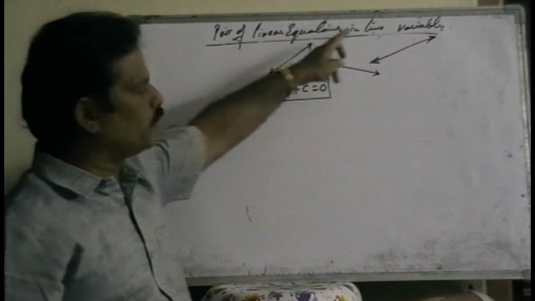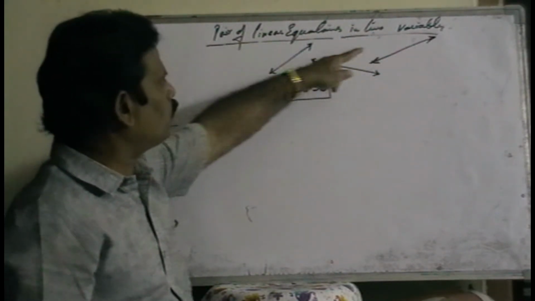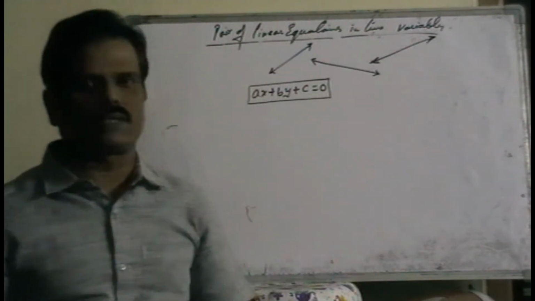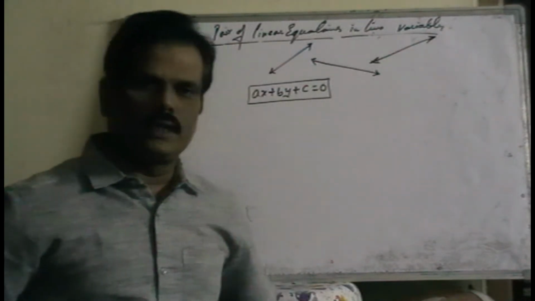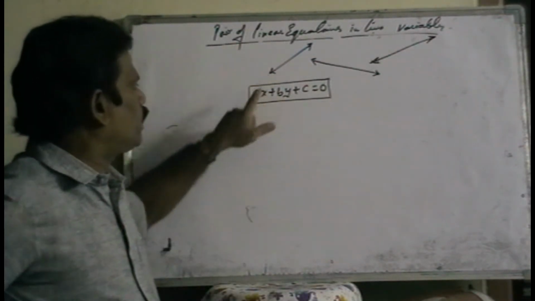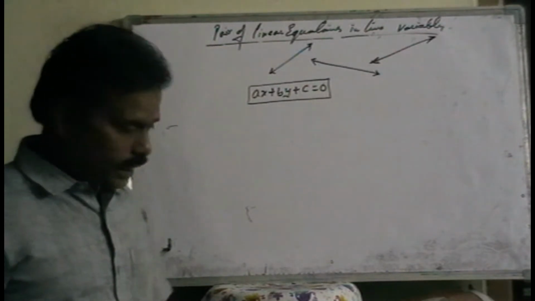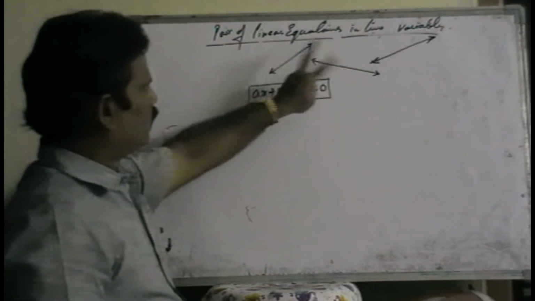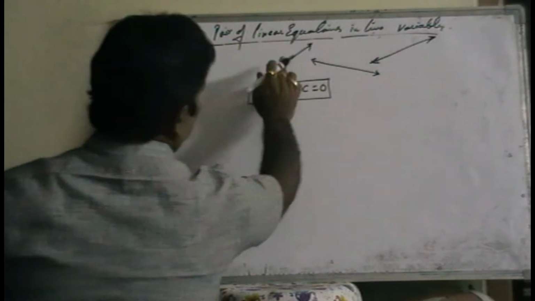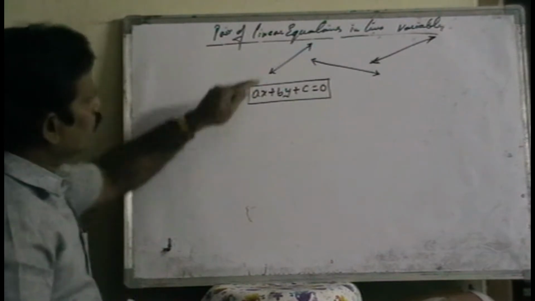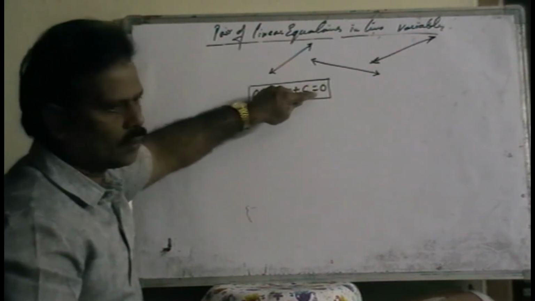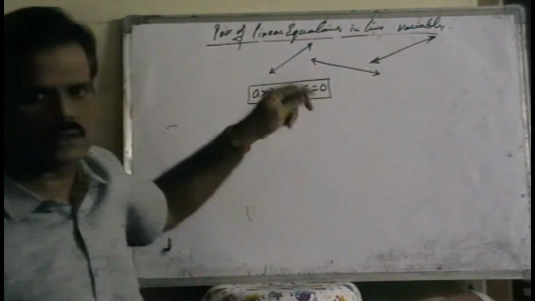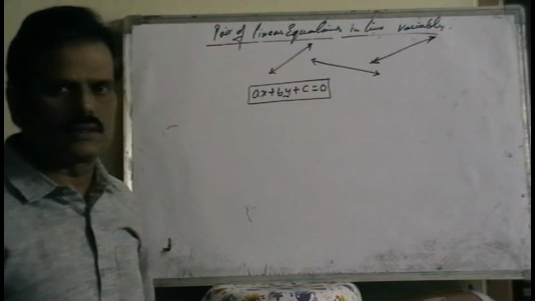Linear equation in two variables. Every line equation is a linear equation, and every linear equation has the general form ax plus by plus c is equal to 0 only. That's all. But there are different lines. How can they differ? That means mentioning the difference in these lines. Here the first line's equation is ax plus by plus c is equal to 0. Now what is the equation of this line? All are linear equations, but the general form is ax plus by plus c is equal to 0 only.